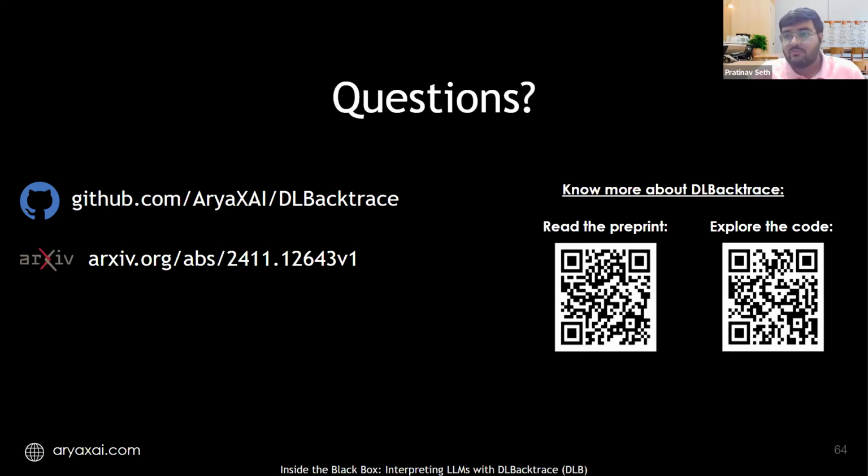So with LIME and SHAP, the problem is there's something called surrogate modeling. Basically, you just see the input and the output, and based on that, you try to create explanations. The problem is you have something called scaffolding attacks through which you can fool these methods, and hence a lot of regulators are not very confident on these methods, and this creates a problem when you are trying to justify your model decision.